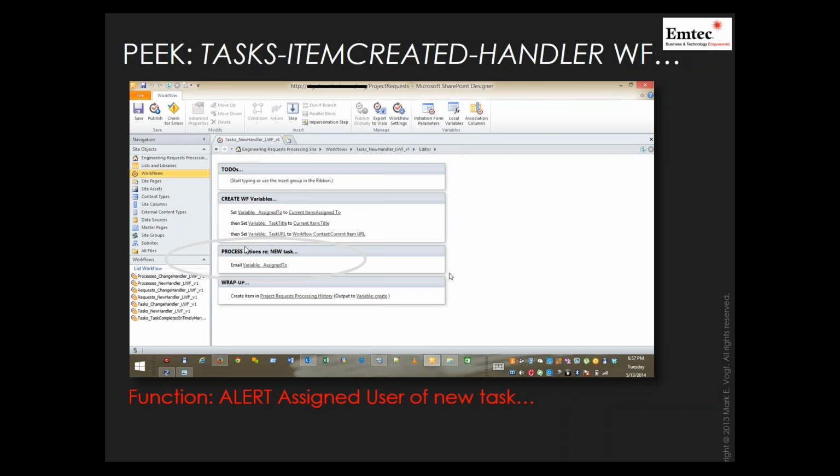And if you leverage the titles to actually explain what it is that you're doing, then you'll see that those titles will actually also show up in the status. In all of the status lists in your SharePoint list, those titles get picked off so that when you're looking at the list, it's telling you, I'm in the to-do section, I'm creating workflow variables, I'm processing actions, and I'm wrapping up. Or the very last section would be completed. And you get to see that status showing up simply by this clever use of the title bar on each of the sections inside a SharePoint Designer workflow.